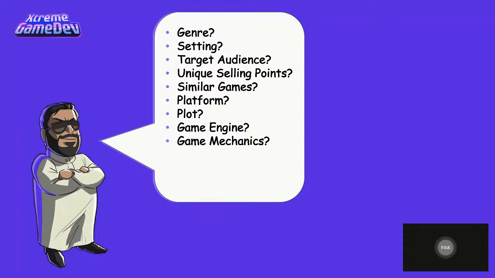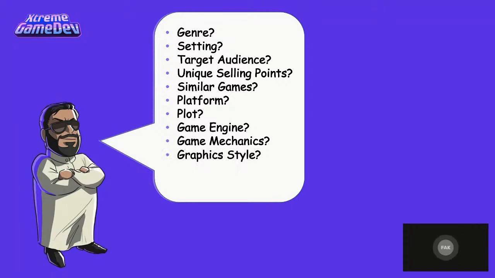Game mechanics. Here you get into more details that will help the programmers implement these mechanics in the game. So list them in a detailed way, not necessarily in a technical way, but at least write them down. For example, if there is an action bar where you have to select buttons, then you can write it down or draw it, sketch it out in the game design document.